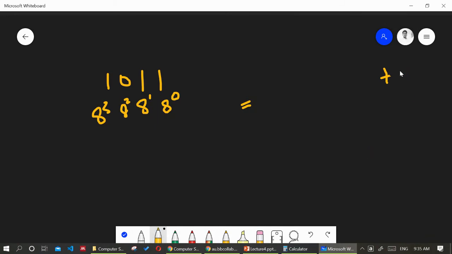So it will be 1 plus 8 plus 0, and the last one will be 8 cube. So 8 cube will be 64 into 8, so it will be 512. So it will be 521. Fine. So everyone is getting 521.